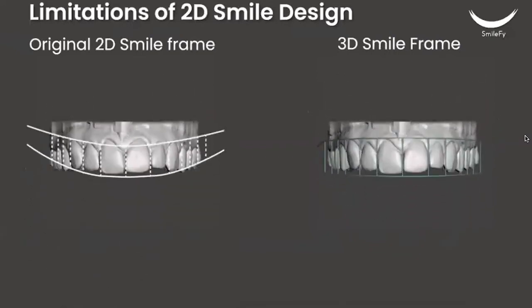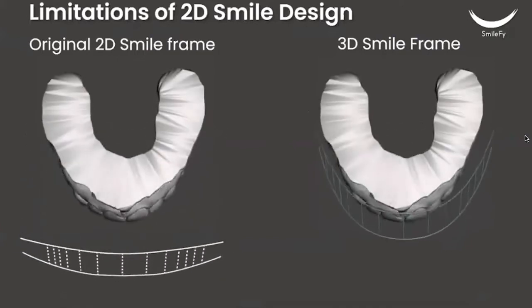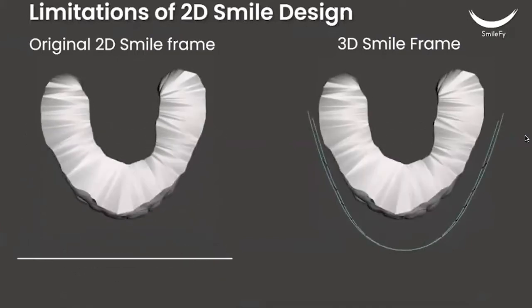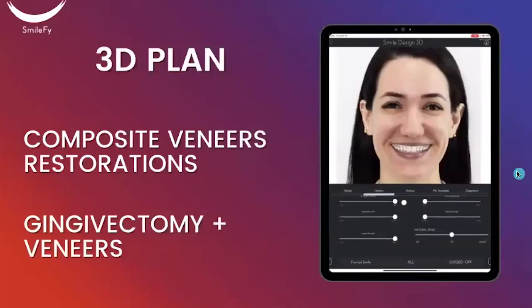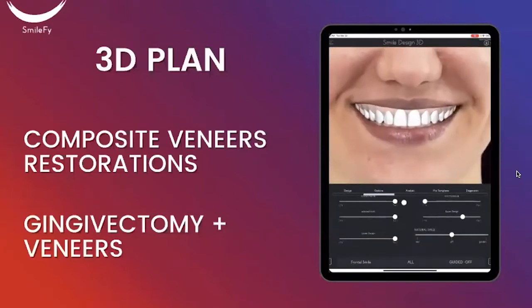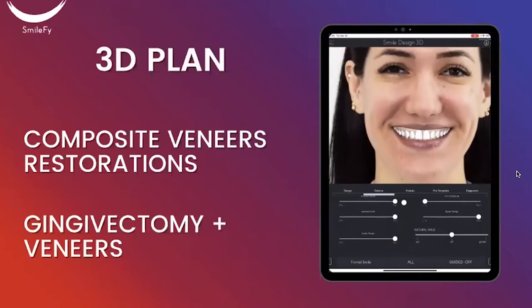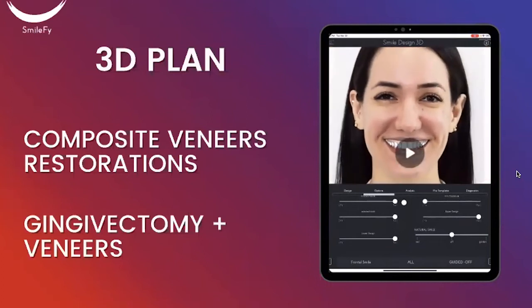So in that case, you will be able to set the proportions according to the patient's arch. And I will show you how you can deliver all that. Here, we are going to create two types of 3D wax-ups, and this is something that you can perform in your own practice. One is by creating composite veneer restorations, which is what the patient came in for,